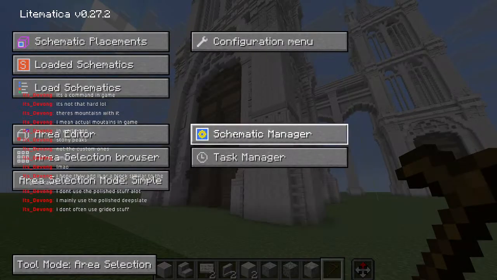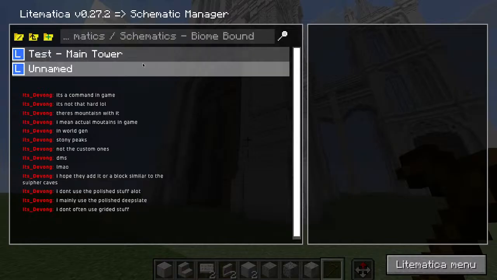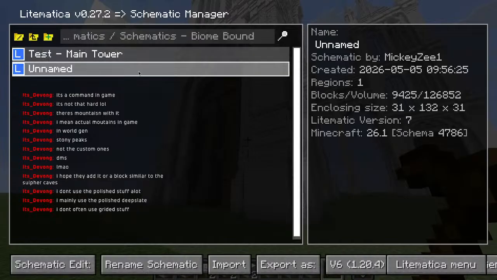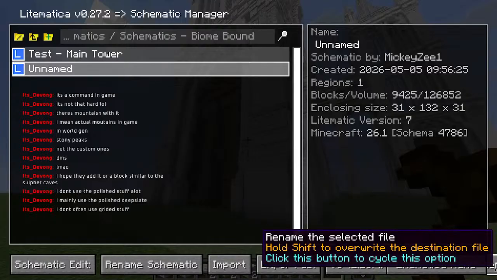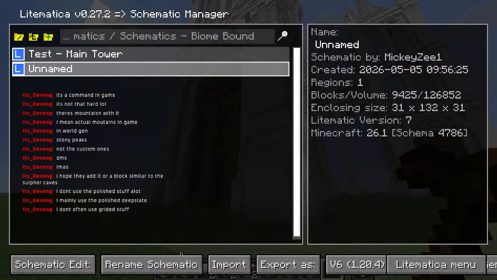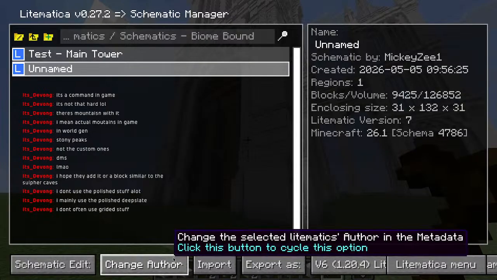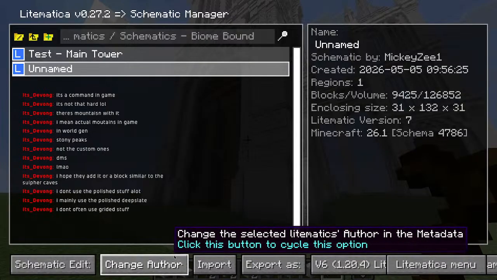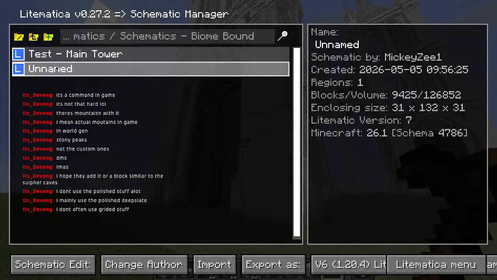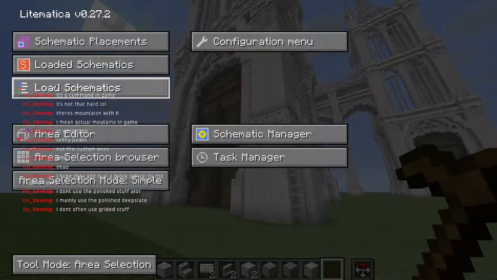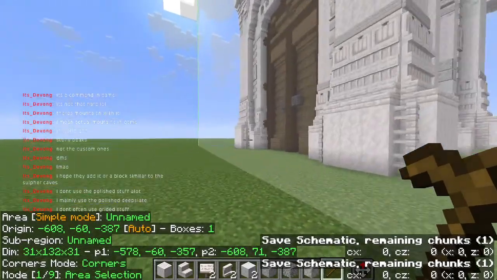Escape. Schematic manager. Ah, I see. Rename the schematic. Don't know what I'm doing there. Okay, so